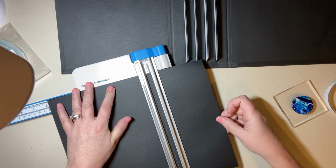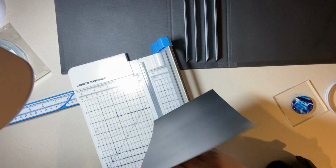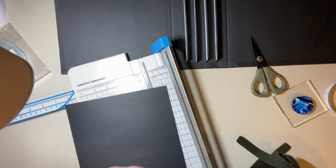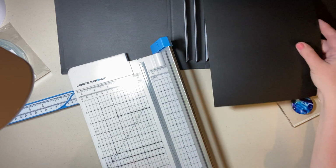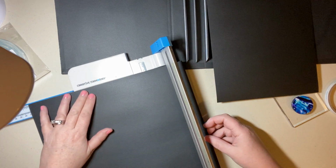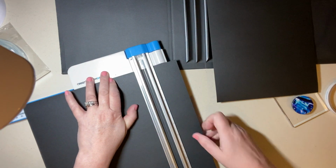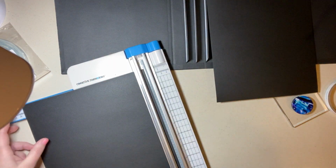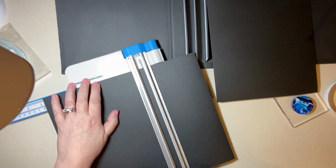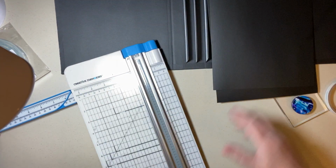By 7 3/4. Why was that not cutting? Huh, okay. One piece, do it again. Nine and a half by 7 3/4. Okay, so I have 2 pieces,